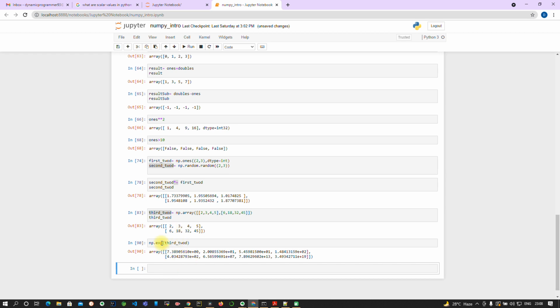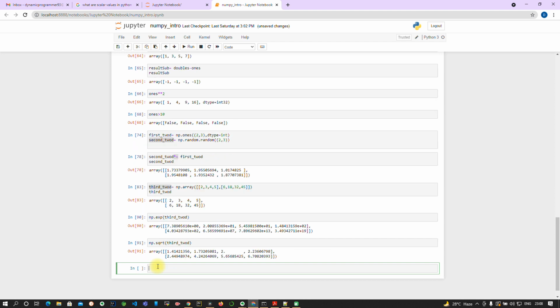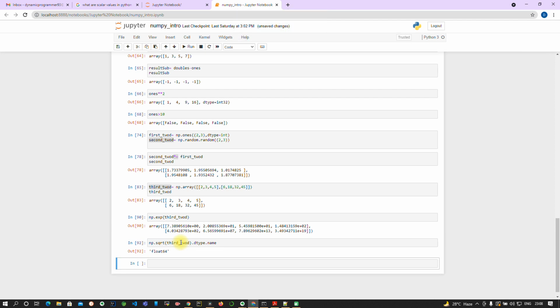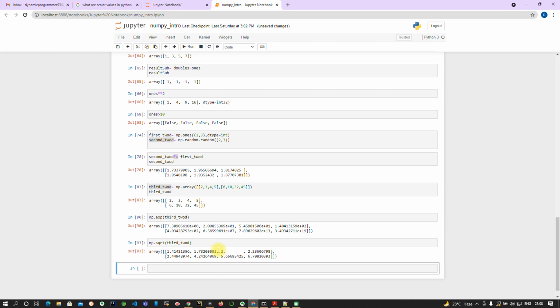And you can use np.sqrt, the square root, also. It is printing the square root of all the elements. As you can see, for 4 it is printing 2, and the value will be a float only. If you want, you can use dtype.name, float64, to print the type of those elements again.